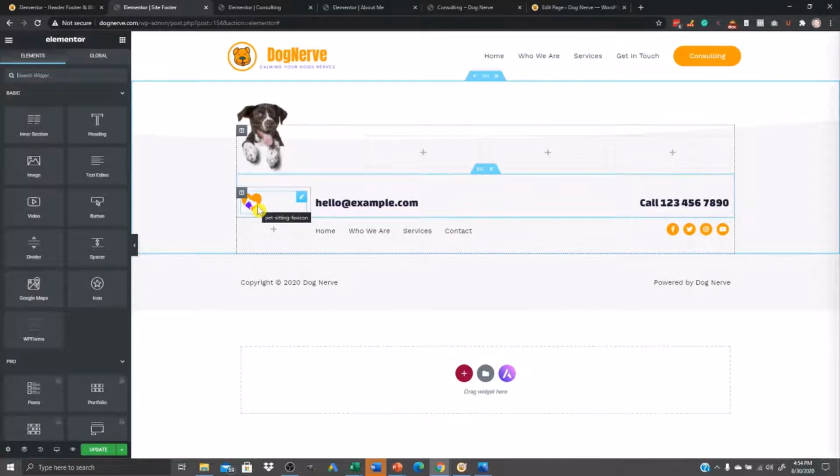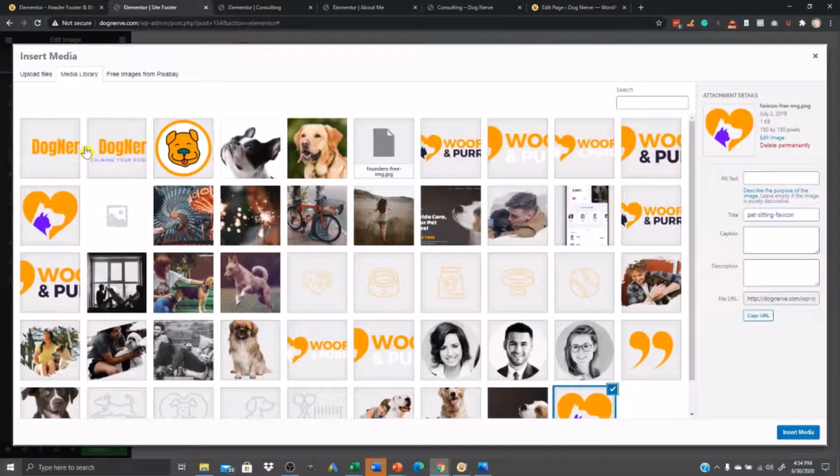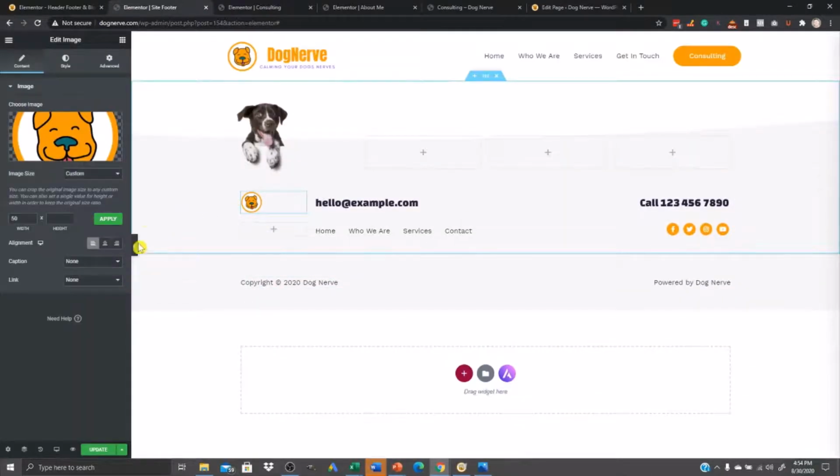So I'm going to take this icon and add my icon in here, and the sizing and everything is already set, as you can see, to 50 width. So no matter what the size is here, it's going to automatically shrink it down to what we have here. If I wanted to increase that, I could. If I wanted to center this, I could. I'll just keep it as is, and you'll see when I click update here, this is going to update my